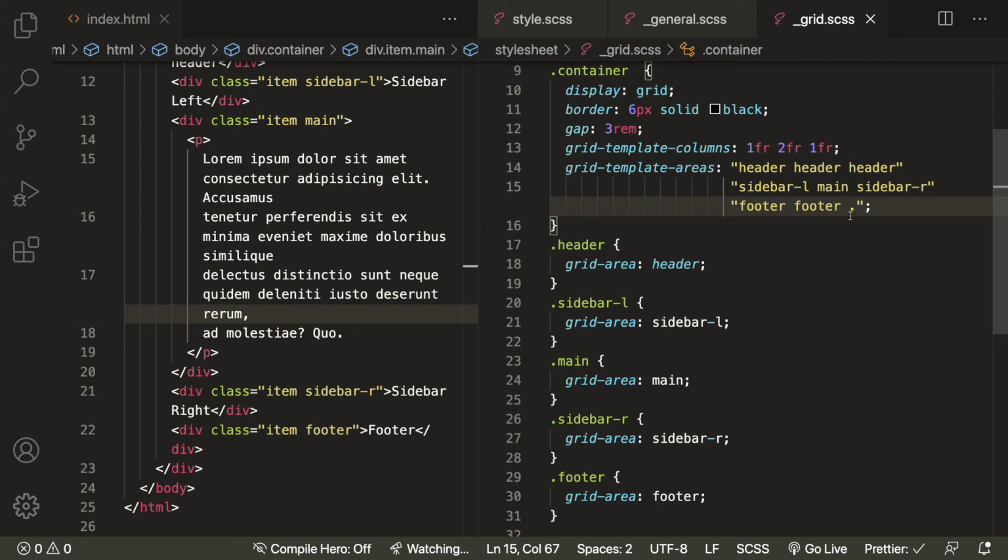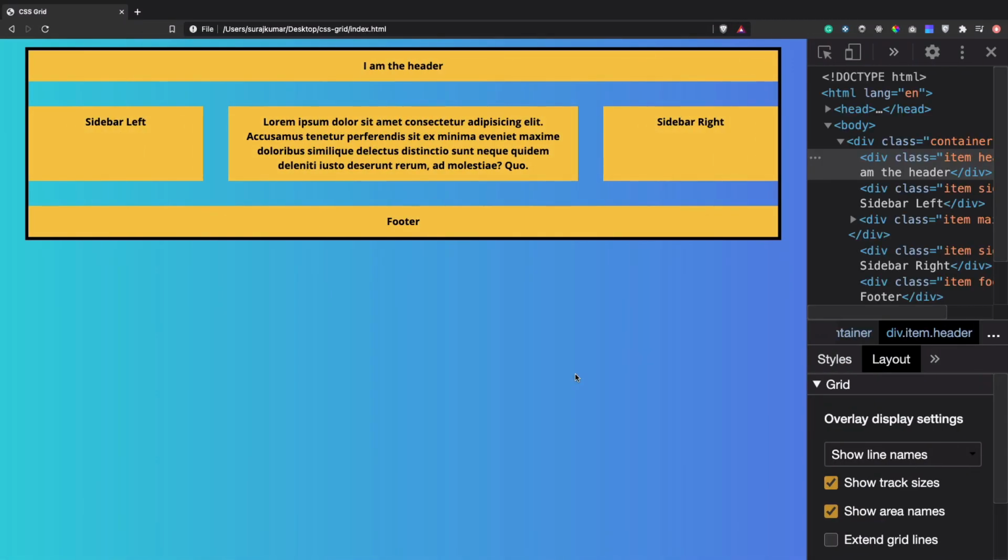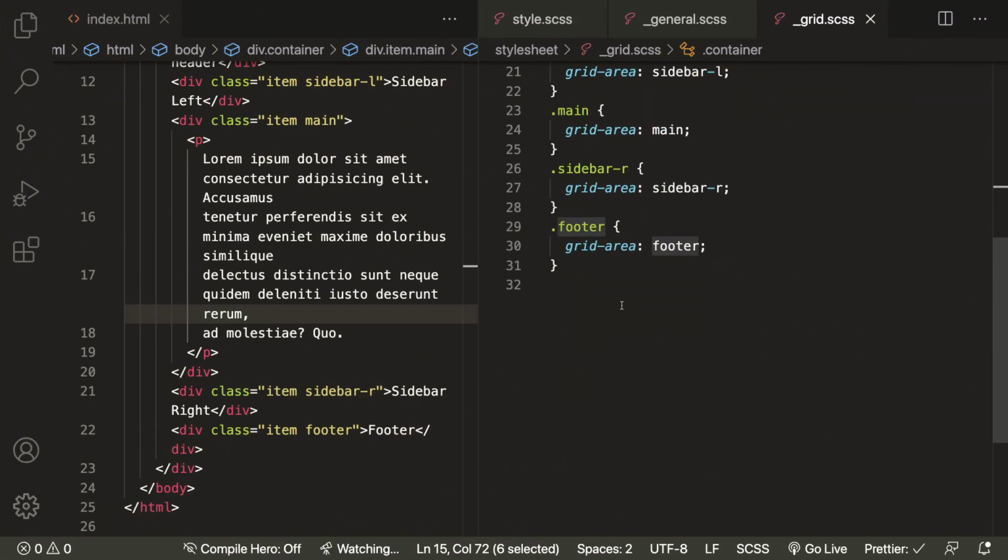All right, now let's get back to what we were working on: making our page responsive or adaptive. Perfect. Give it a refresh. Okay, nice. Now let's define media queries.